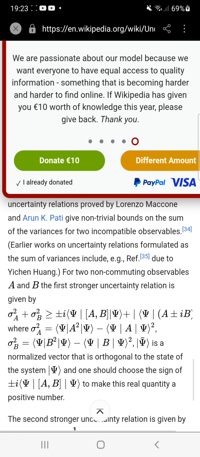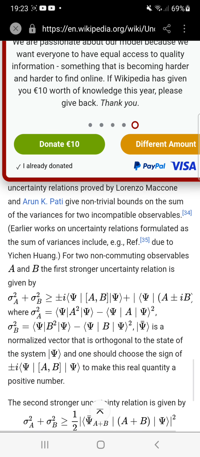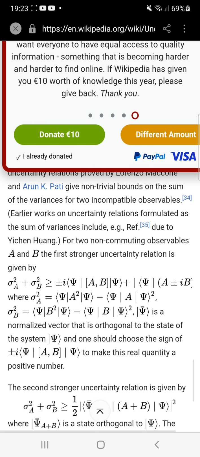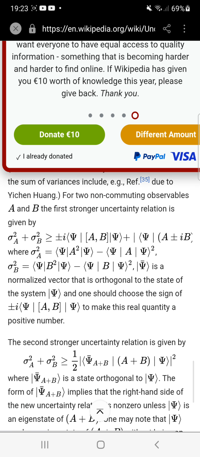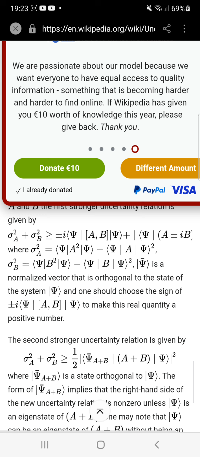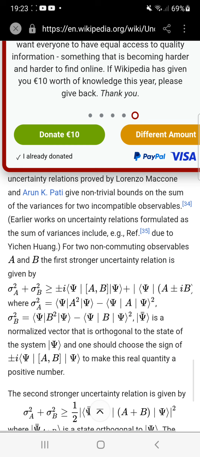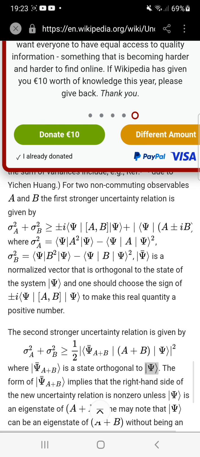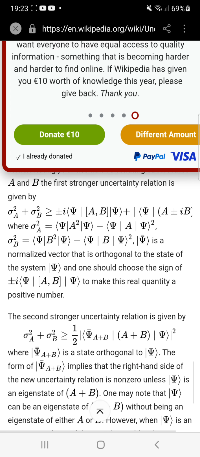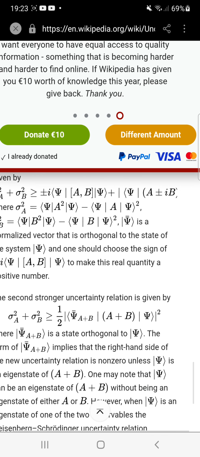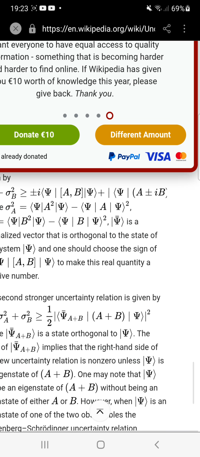Earlier works on uncertainty relation formulated as the sum of variances include, for example, the reference due to Xichen Huang. For two non-commuting observables A and B, the first stronger uncertainty relation is given by sigma squared A plus sigma squared B greater than or equal to plus or minus i <Ψ|[A,B]|Ψ> plus |<Ψ|(A plus or minus iB)|Ψ⊥>|²,